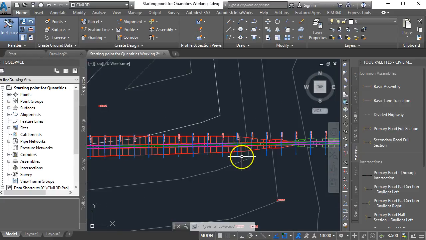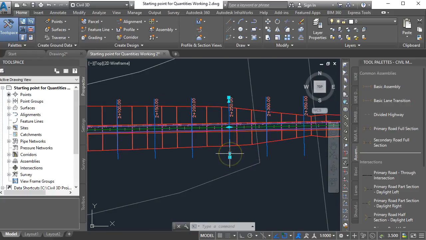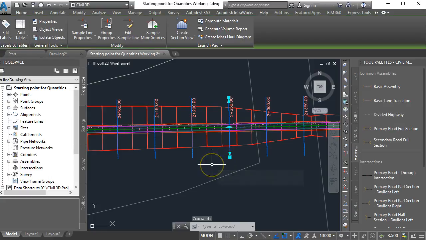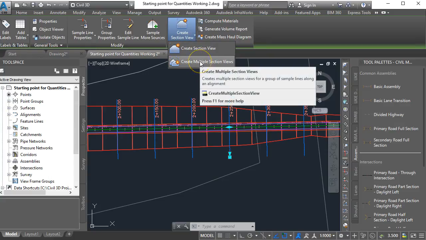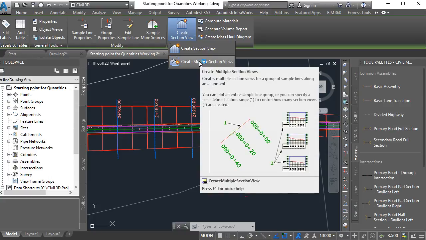So to get this to work, what you need to do is just click on any of the sample lines at all. Doesn't make any difference which one you pick. And up here then you will see an option to create section views, but we don't want to select just one, we want to create multiple section views. So that's what we're going to do. We're going to click on